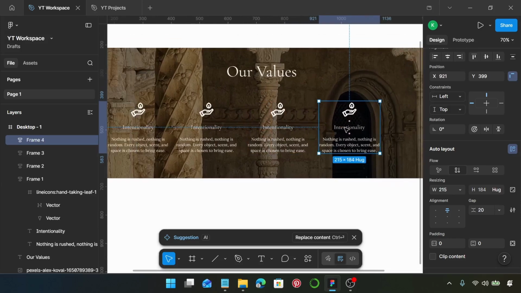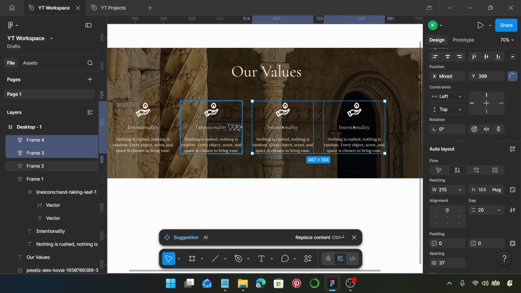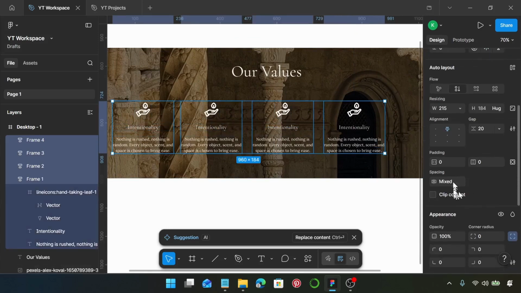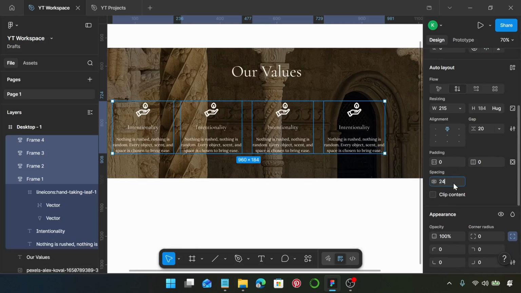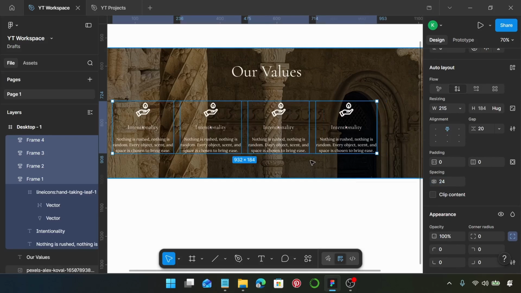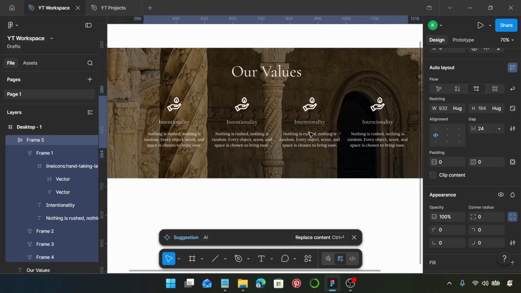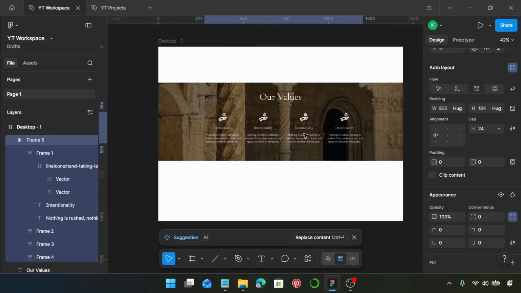All right, now we can select all of this, and I'm going to make the spacing between them 24, and I can make it a frame using Shift and A, and I'm going to bring it to the center of my frame,